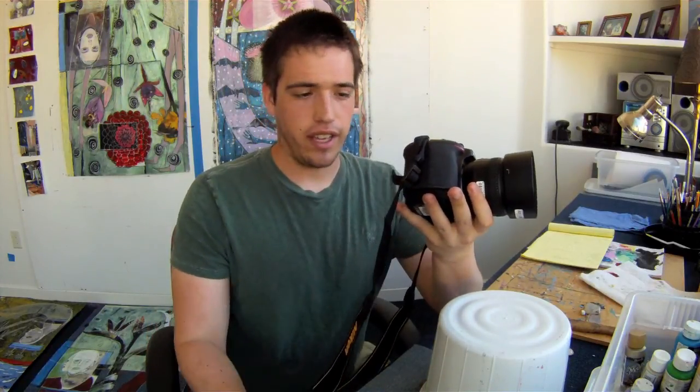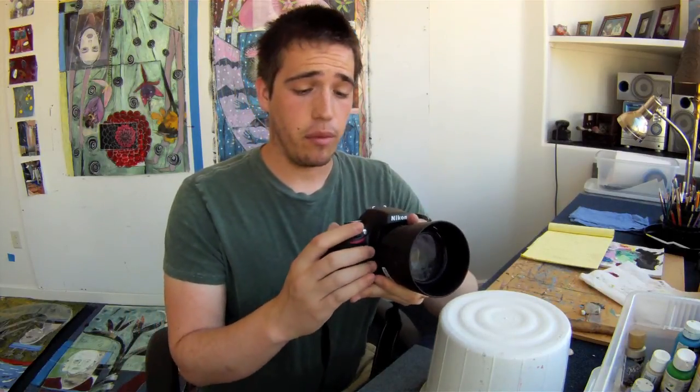So those are the main differences right out of the box and looking at the body. Now we're going to talk about performance, mostly AF performance in this case. This camera has an 11-point AF system with one cross type AF point. The AF is very fast and very reliable, and of course extremely accurate. Just like with any Nikon, the autofocus systems tend to be very accurate, and this autofocus system definitely